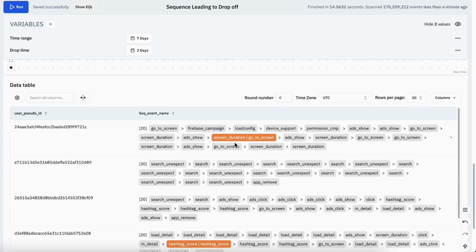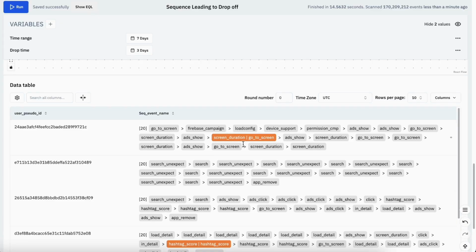You'll also notice that some events are shown in orange and separated by a vertical bar. This indicates that these two events were sent to data buckets at the exact same timestamp, down to the millisecond. In other words, they're duplicate events. When there are too many duplicates, it can make your sequence harder to interpret. So, a good practice here is to keep only one event if two represent the same action or meaning.